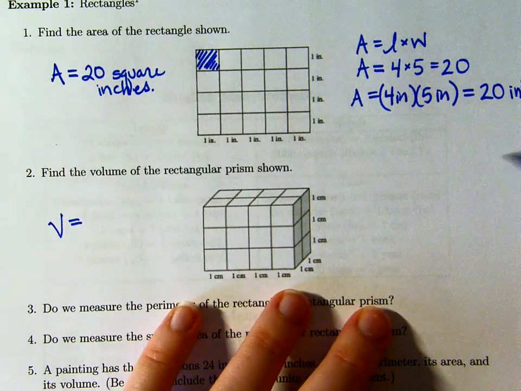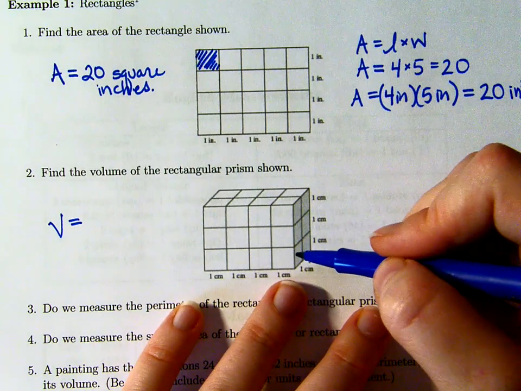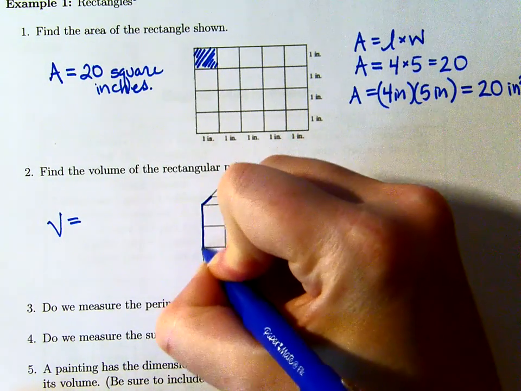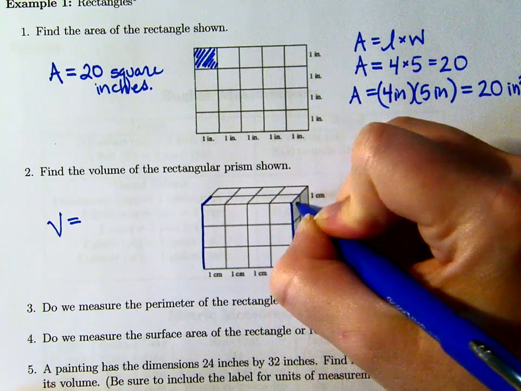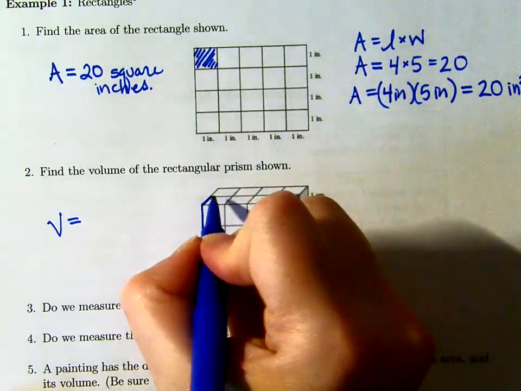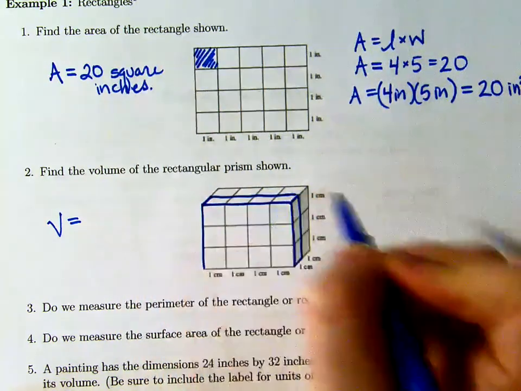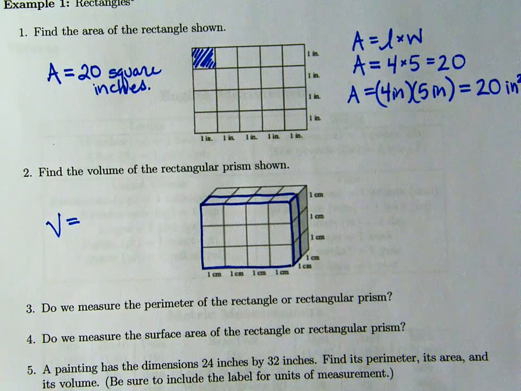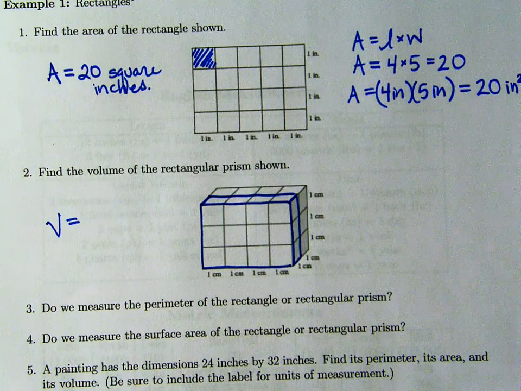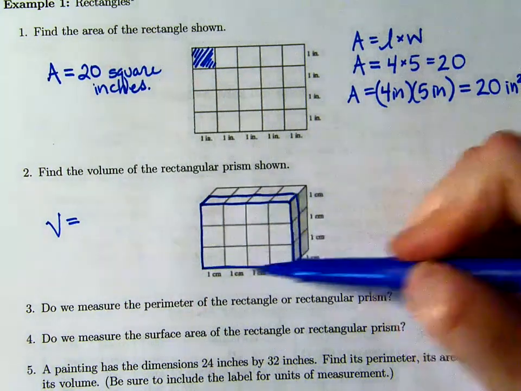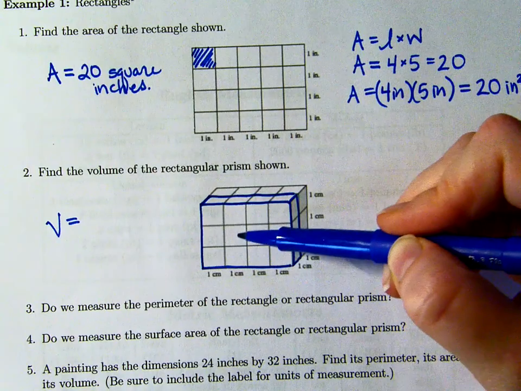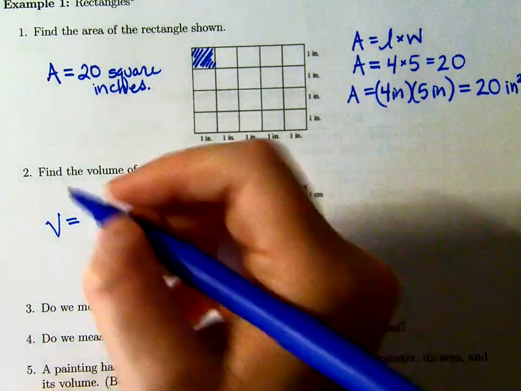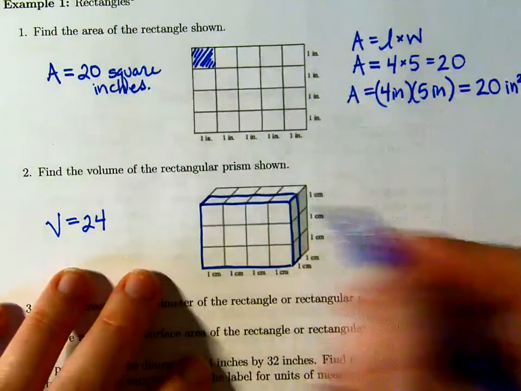All right, volume is counting up cubes. Let's see. In this first layer, and here's what I mean, I'm really talking about this front layer right here. I'm going to just kind of highlight. I see that there's a front layer and I see that there's a back layer that is assumed to be the same. So I see this is a 3 by 4. There are 12 cubes. 1, 2, 3, 4, 5, 6, 7, 8, 9, 10, 11, 12 cubes in the front, 12 cubes in the back, making a grand total of 24